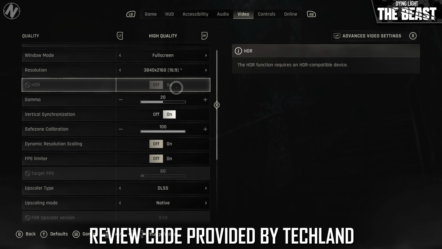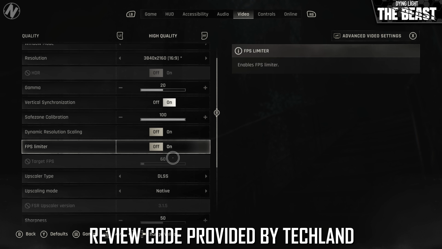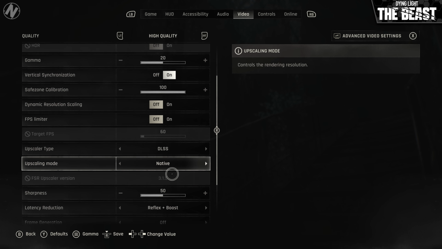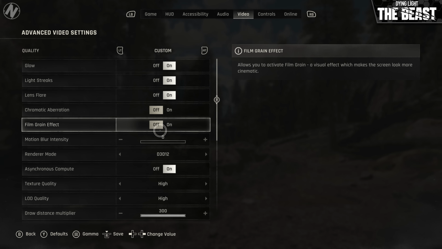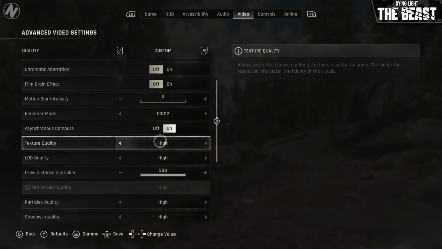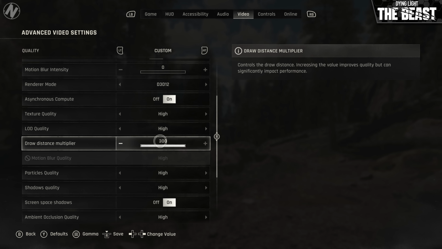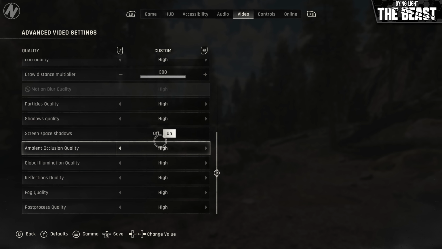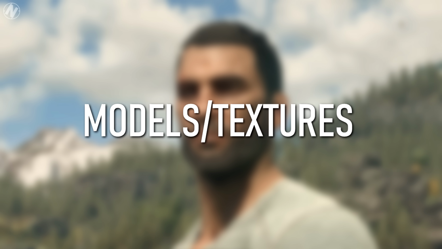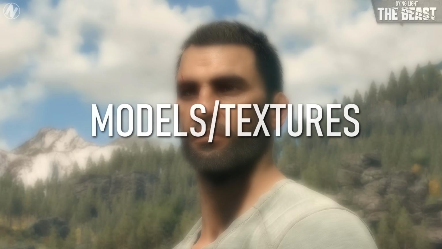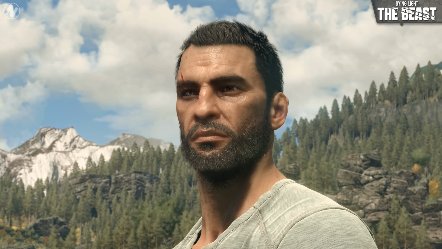Upscaling solutions will be disabled, and high-intensity settings like ray tracing are enabled when available. However, post-processing effects like motion blur, film grain, and chromatic aberration have been disabled to maximize the clarity of the comparisons. Alright, so let's kick this analysis off by first covering the presentation, starting with a look at our character